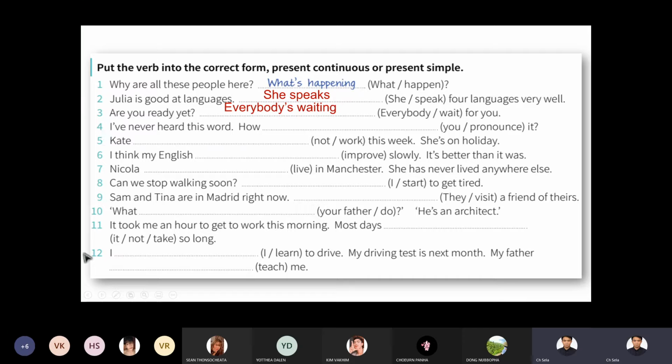Okay, so number four until number 12, I would like you to do it by yourself, and you have 6 minutes for doing it. You don't have this exercise in your textbook, okay? You don't have them in your textbooks, but just please write the key answer in your notebook, and after 6 minutes, we're going to check the answer together. Okay, now please do it by yourself. Thank you.